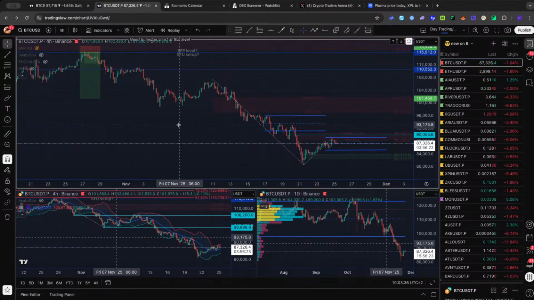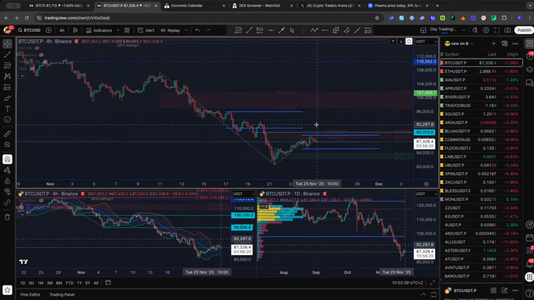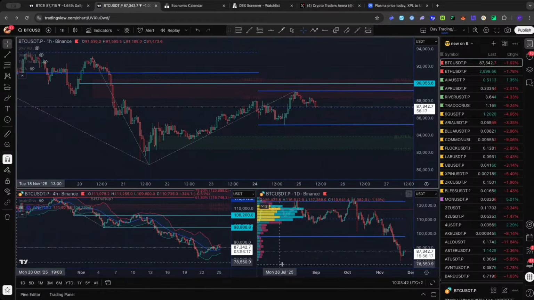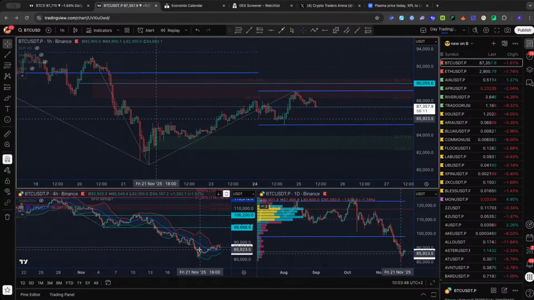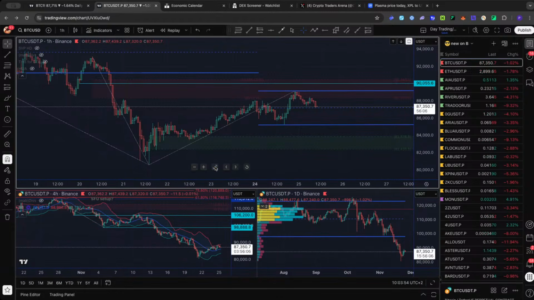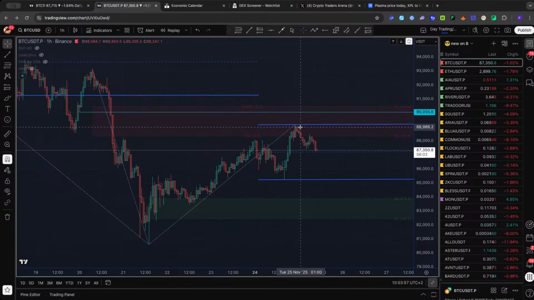And that was the entire list, people. Getting back to Bitcoin, 1 hour chart. You can see daily we don't have a W. On the 4 hour chart we had an attempt at a W, but I don't think that's the best W possible, to be honest. It is a W, but now we have an M on 1 hour. Confirm this M, so careful. We are in the middle of the Monday range, so I don't think it's the best location to long or to short. To long, no, because we have an M. To short, I don't know if it's the best location. It's possible, but I don't see why I should do that.